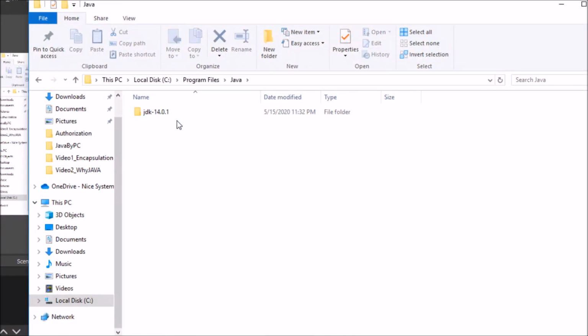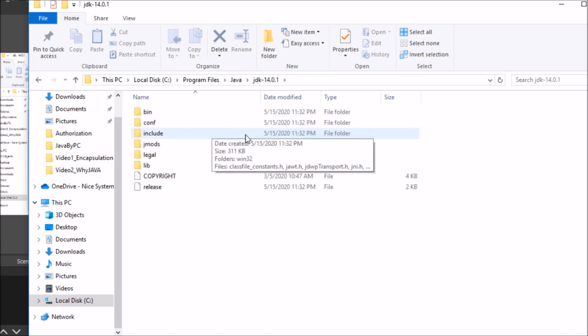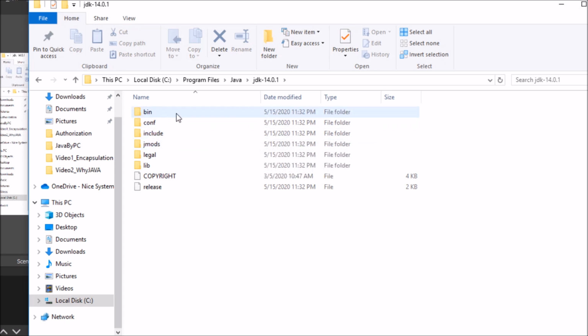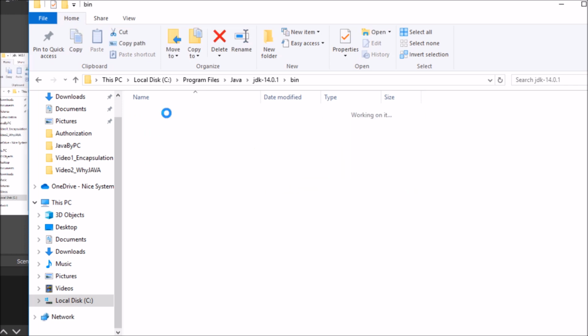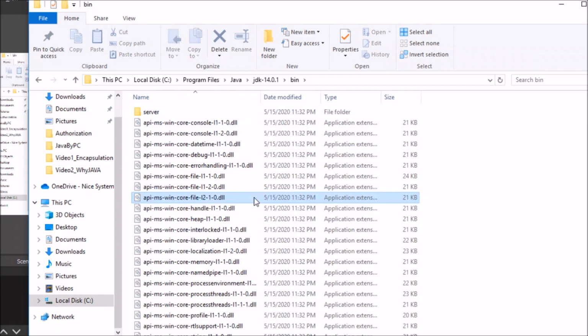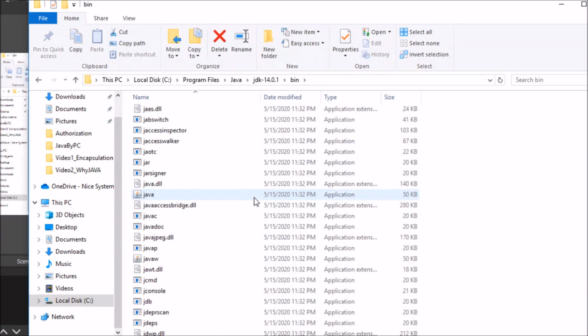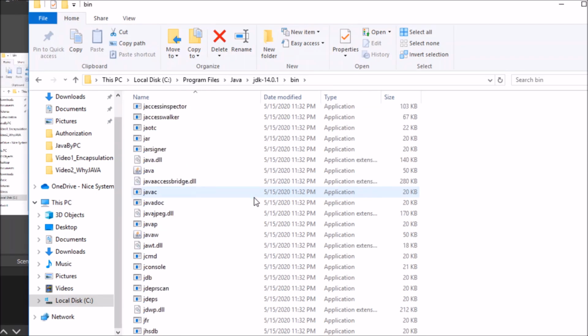In the Java folder you will find the JDK 14.0.1 folder, or whatever version you have downloaded and installed on your machine, and you will find the bin folder in that. In the bin folder you will find all the tools that are needed for the compilation of Java programs or to run the Java programs and other things.